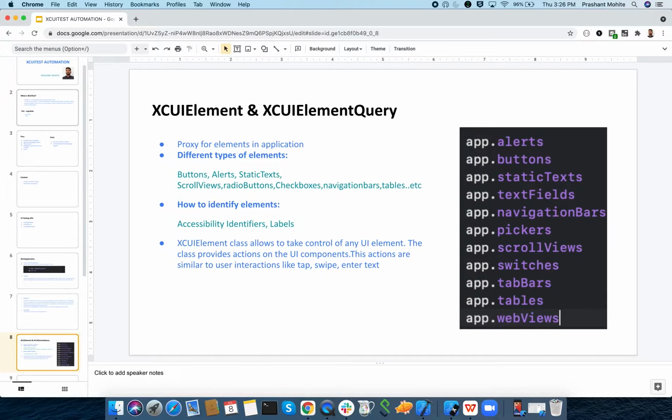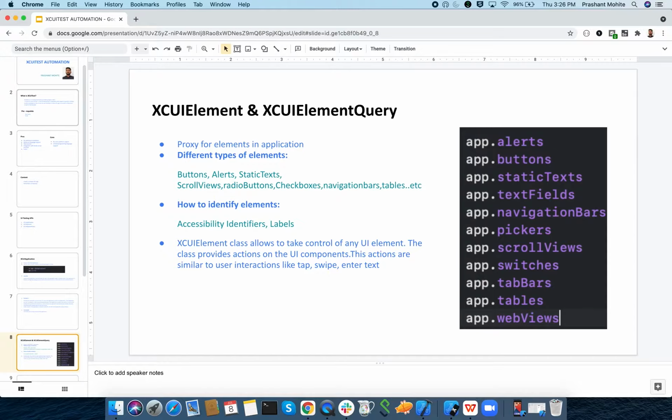Finding the element is a very important thing in automation. You always need to try to find a unique element. Say, for example, you need to tap on a button and there are three buttons on your application screen. By automation you need to tell on which button you want to tap. That's why a unique element is required, else the automation doesn't know which of the three buttons it needs to tap.